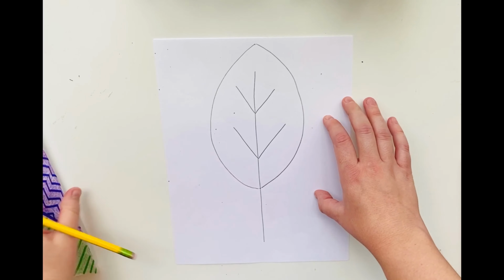So now what we're going to do is break up the space around the leaf to create sections for our patterns and designs. So there's really no perfect way to do this. You can use straight lines, you can use curvy lines, zigzag lines, it's up to you. On this one, I used a bunch of straight lines, so that's what I'm going to do. One there, maybe one over here to balance it out. I'm going to put one here,